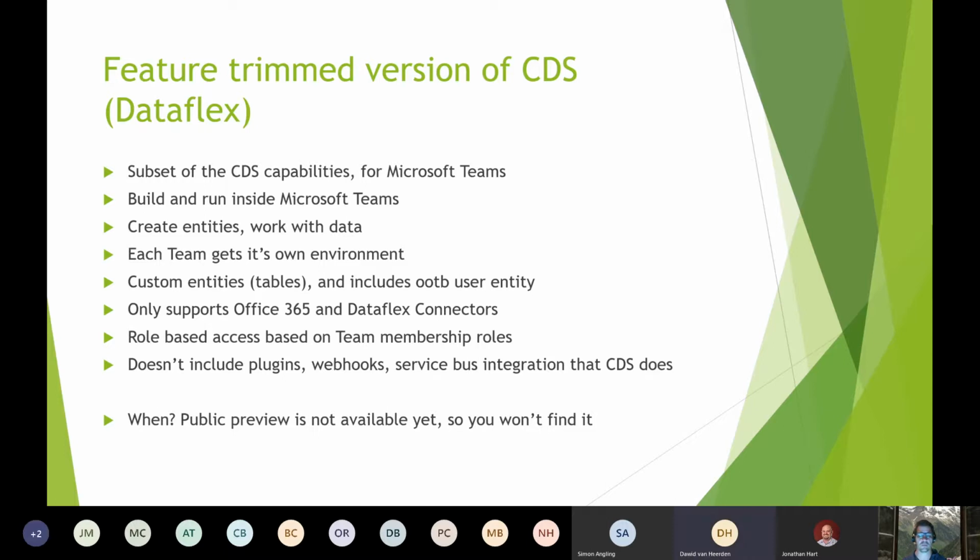All right, and Mike, Karika has a question for you. She's asking, don't know if it was mentioned yet, sorry if it was, but what's the difference between Microsoft Lists and Dataflex Lite, and which to use when? Well, that's a great question. She specifically said, I've got a question for Michael. Look, I'll give it a shot.